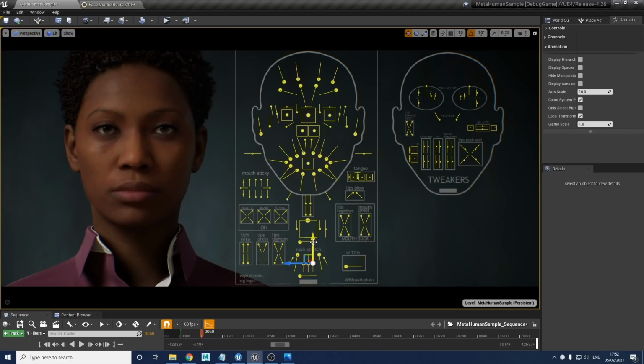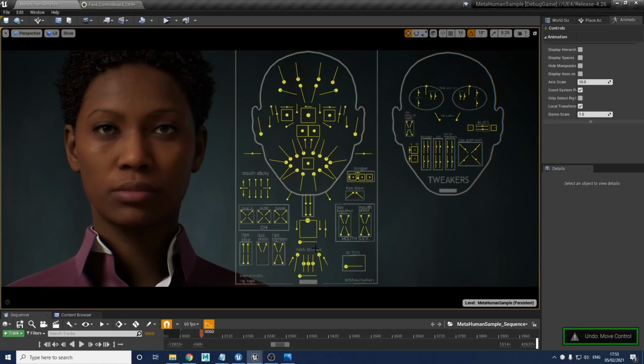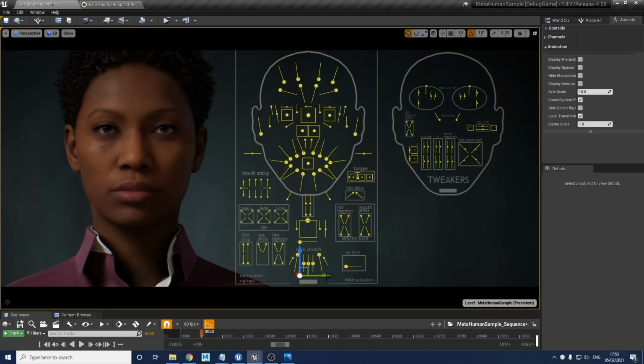In that same vein, the throat up down control. This is a female character, so the Adam's apple is not as pronounced, but this is basically the Adam's apple control. Moving that up and down, which we do a lot for speech. It's usually pitch orientated. When we talk high, the throat will go up. Talk low, it comes down. And the one at the very bottom is the swallow control.